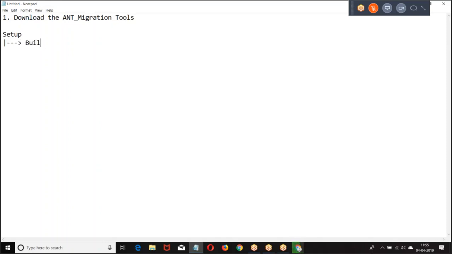Setup. Develop. Platform tools. And migration.